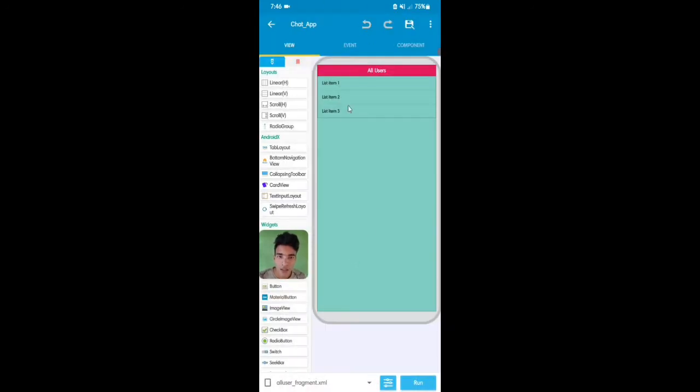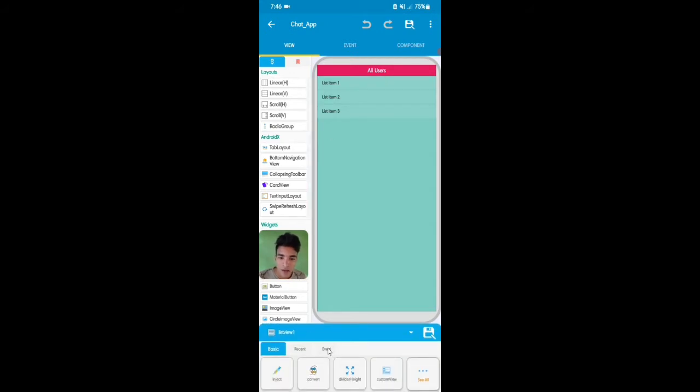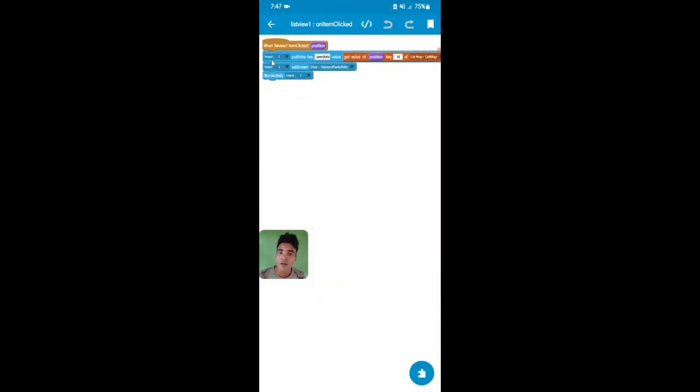So guys, this is the all user activity and this is the list we want, and I'll click on event and on item I'll add it on item clicked event, and here this is the code. First I'll add an intent, I put extra key user data, this is the key, and the value is get value at position, key id of list map. So guys, this is the user id, and for the intent I set the user profile activity. Okay, and then start activity intent I. This is the code for sending the user id to the user profile activity.